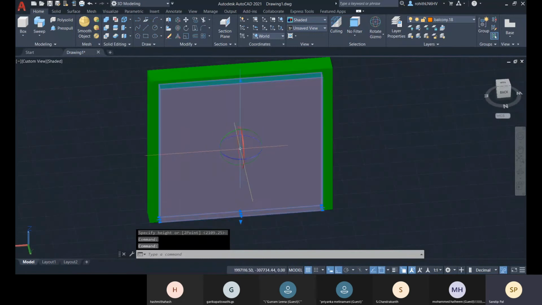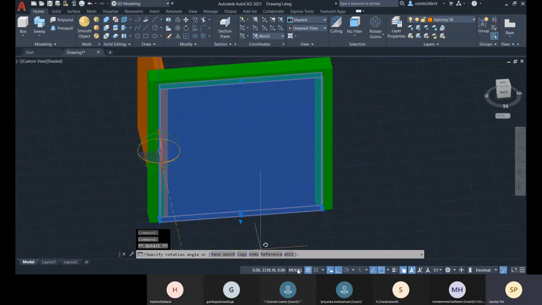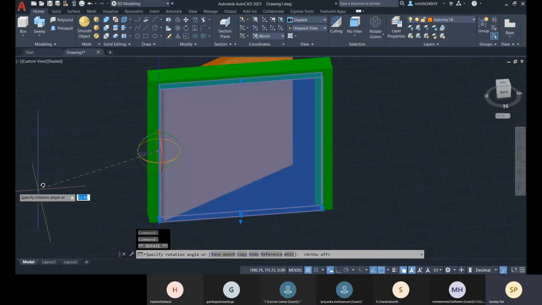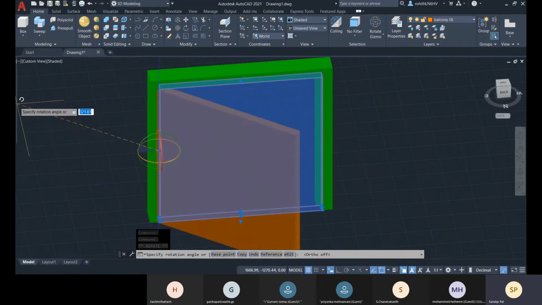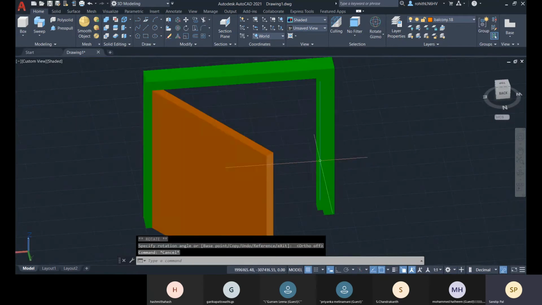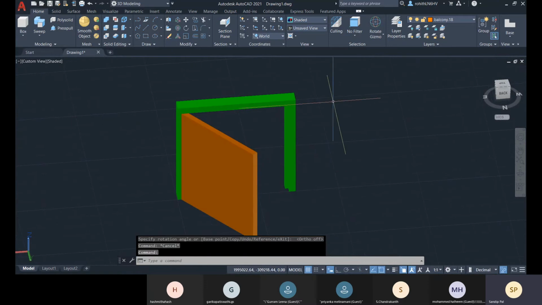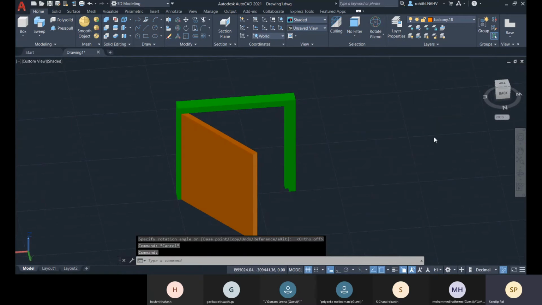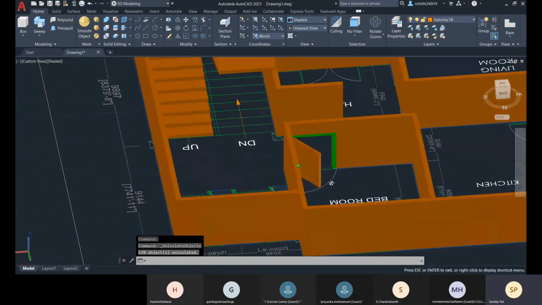And you will be rotating it not from this point, so you will be changing the base point here, and then you can rotate. Okay, right click, isolate, end object isolation, and there you have it.